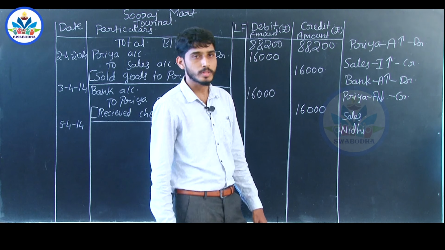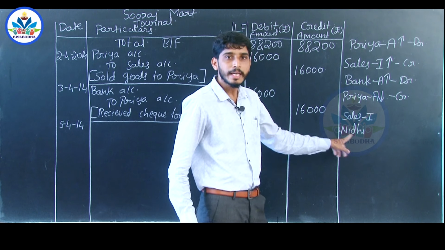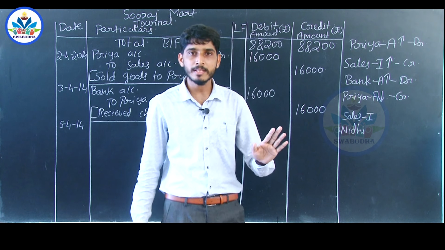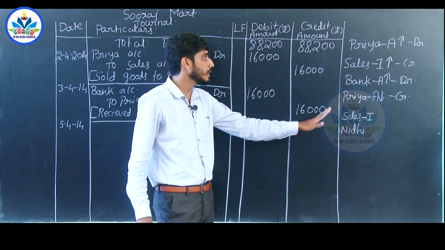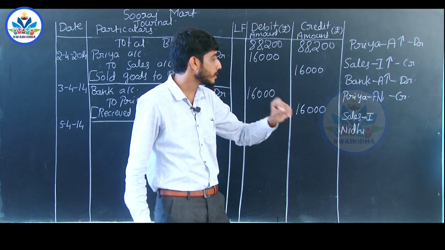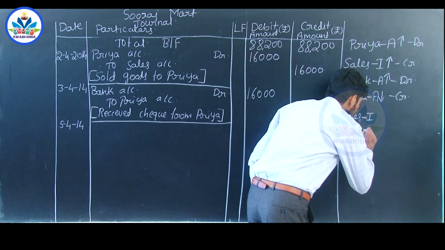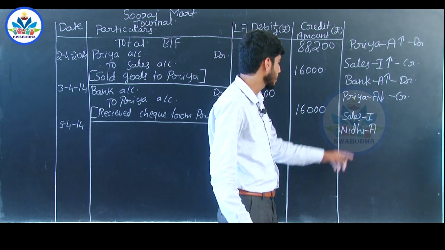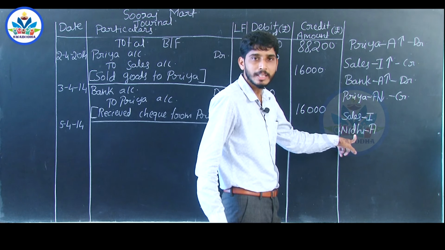We have sold the goods to Nidhi. Sales is an income. Now, again in the transaction, no information is mentioned about cash. That means it is a credit transaction. We have sold goods to Nidhi on credit basis. That means we have the right to receive the amount in the near future from Nidhi. So, Nidhi becomes a debtor, nothing but an asset. Debtor is an asset for the business.